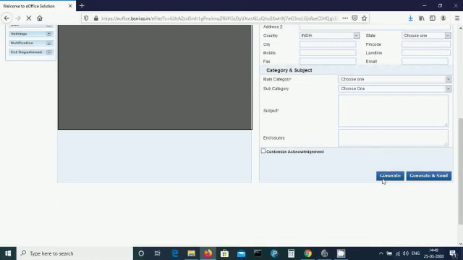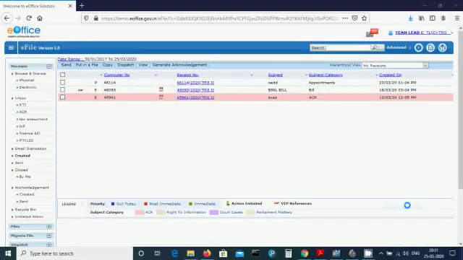Customize acknowledgement. This is a provision to acknowledge the sender who has sent the document or letter that has been received in the organization. The generated receipts are saved in the created submodule till they are marked to another user. After clicking the generate button, a receipt is generated with a unique receipt number. The receipt is present in the created submodule.